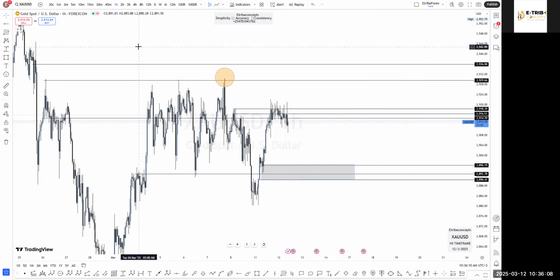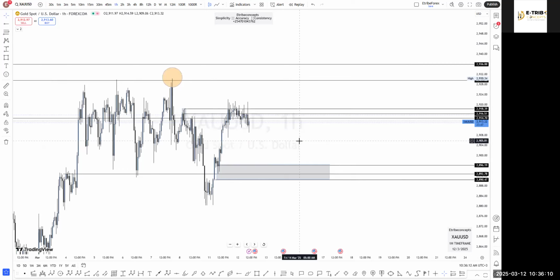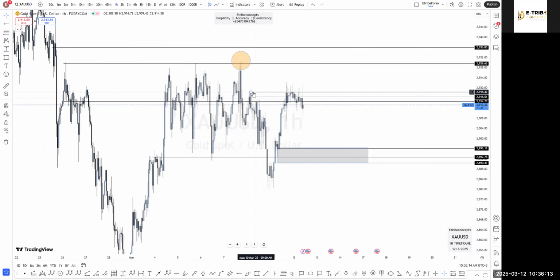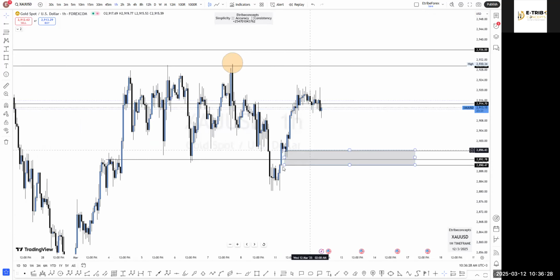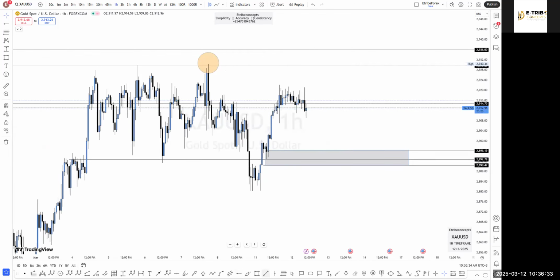We have CPI today. And since we have CPI today, there are some areas that, okay, let me delete. This was yesterday's ideas. I'm sorry for that. I was talking along. So I'm saying today, I'm interested at this particular area because if I look at the 1 hour structure, I have a shift here. Then I have these double areas of liquidity. So I'll be interested to look for buys from